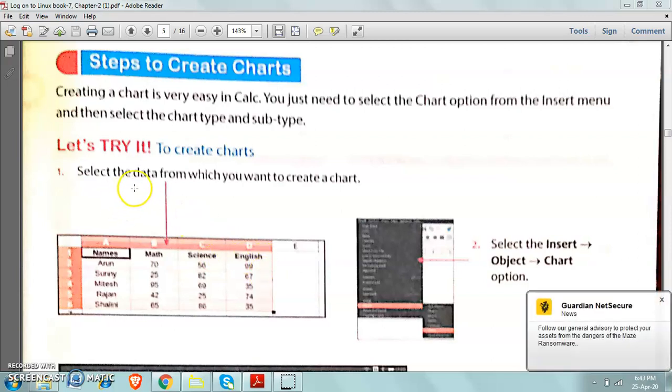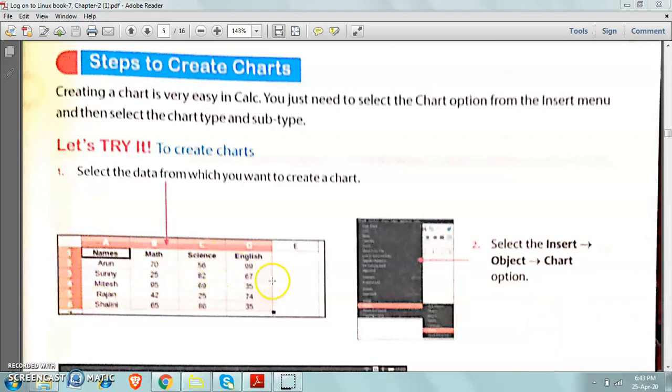First, you have drawn one table with names and subject marks: math, science, English. Now you will select this full table with the help of Ctrl+A or with the mouse.